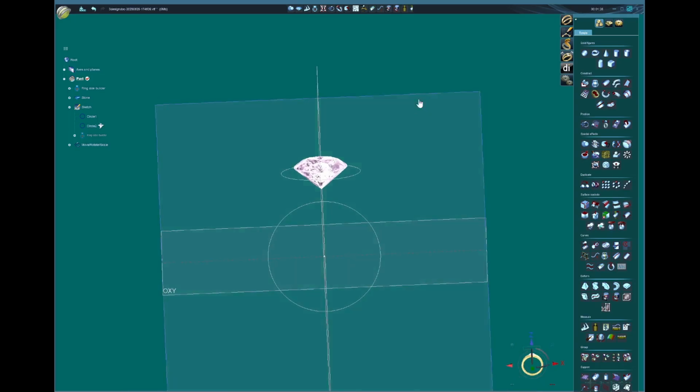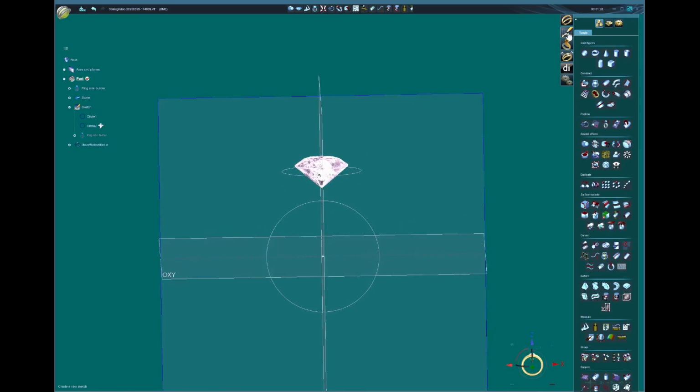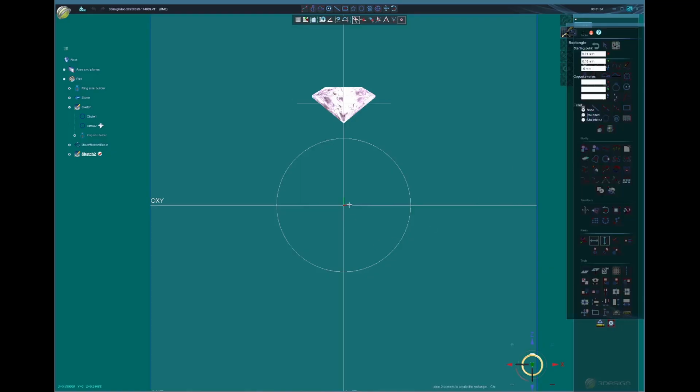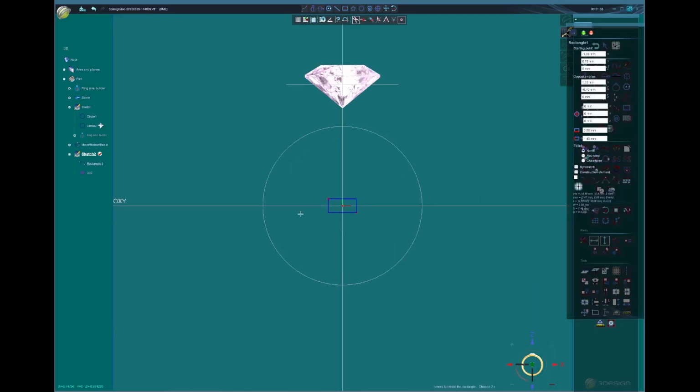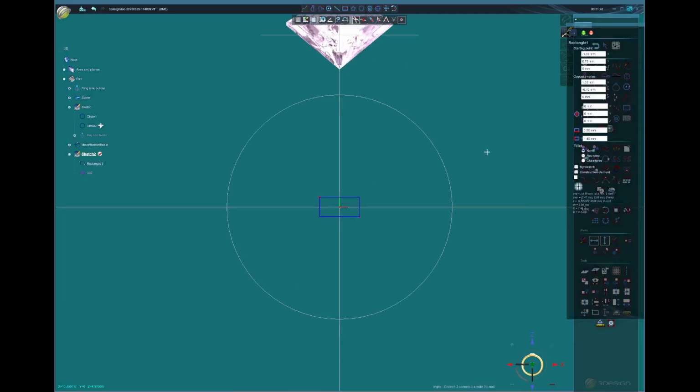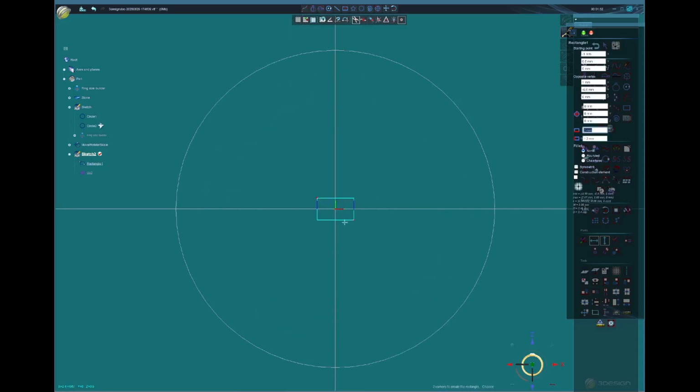Turn off that circle, and we're gonna make the shape for the bezel. We're gonna get a rectangle. For the shape of the bezel, I'm gonna do the exact size that I want, 2 millimeters by 1.2. 1.2 is a very nice height for bezels like that, for halos like that. Okay, I click OK,